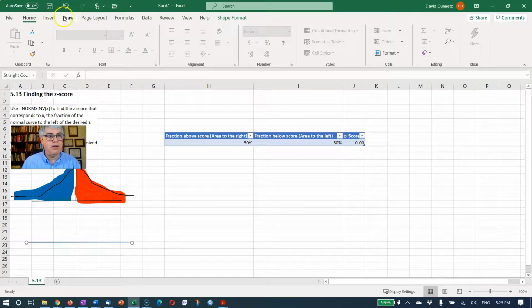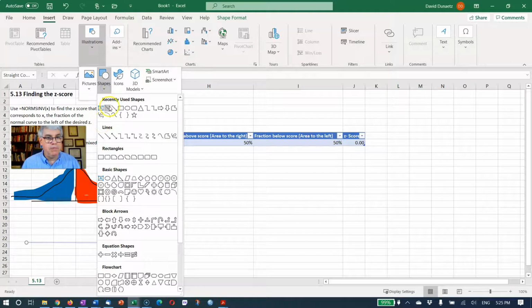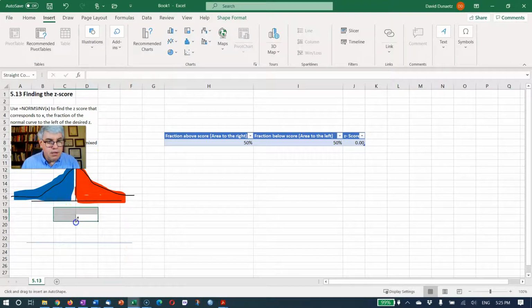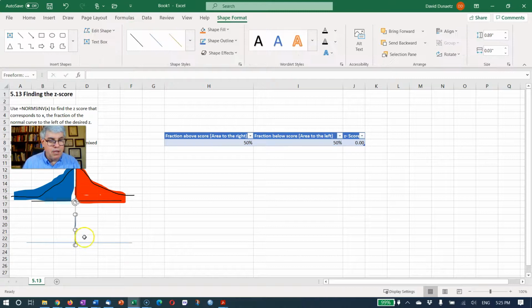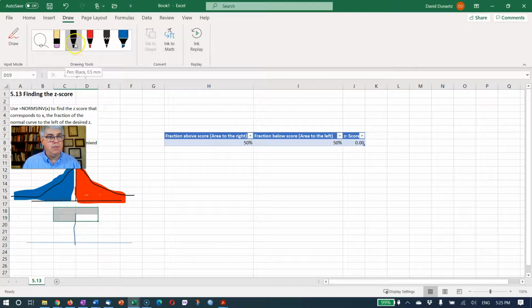And let's do insert again. Illustration, shape, line. Oh, okay, there we go. We got a straight line there. It says, should we rotate it a little bit? Oh, that's close enough. And let's draw our bell curve. Okay, and